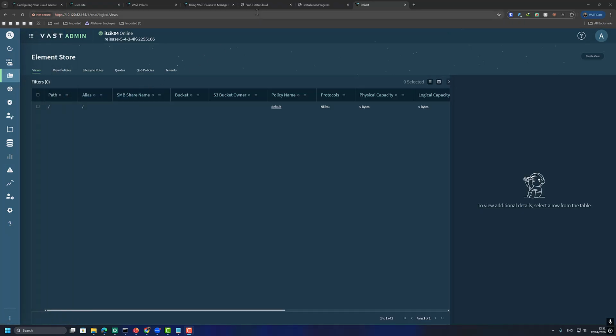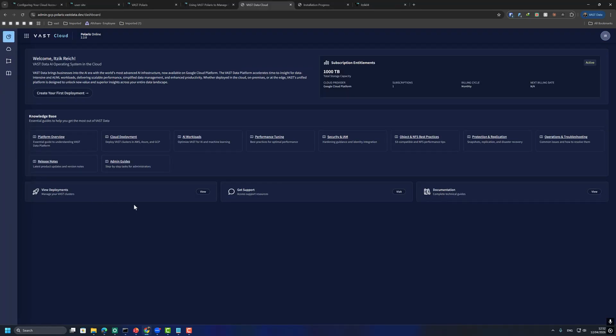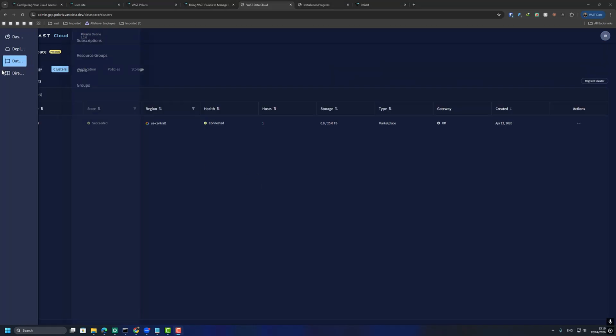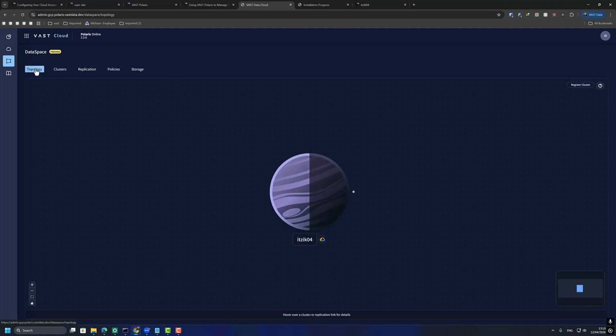And if we go back to the same Polaris interface that we used to initially create the configuration file, you can see that the cluster has been created here. If we go back to the dashboard, we can see all the subscription entitlement information, etc., including the cluster that we've built. Your data space tab, while still in preview mode currently, also provides you the ability to list your cluster and even expand the cluster in terms of capacity should you wish to do so. And many more features will be available shortly here, including